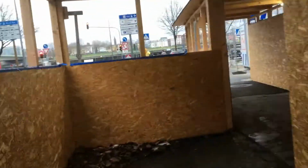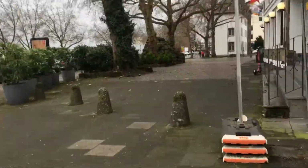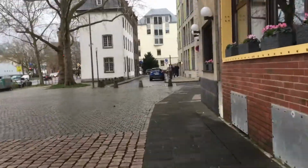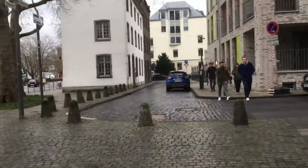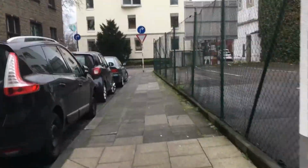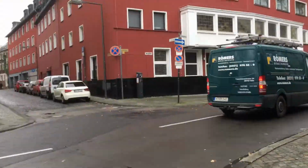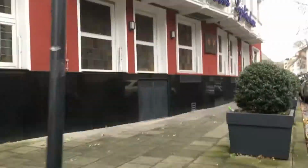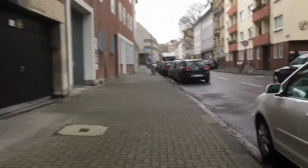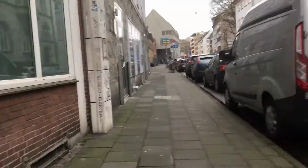I'm walking from the construction site, where I have these famous two banners, and this construction site is actually for the new building of KHM. While we move there, we're still using the old building, which I'm walking towards. Normally, if you go from Heumarkt, or walk from the main station, you would probably end up at the other side where this video is ending. But this time, I was walking along the Rhine River and going towards the first building, which is